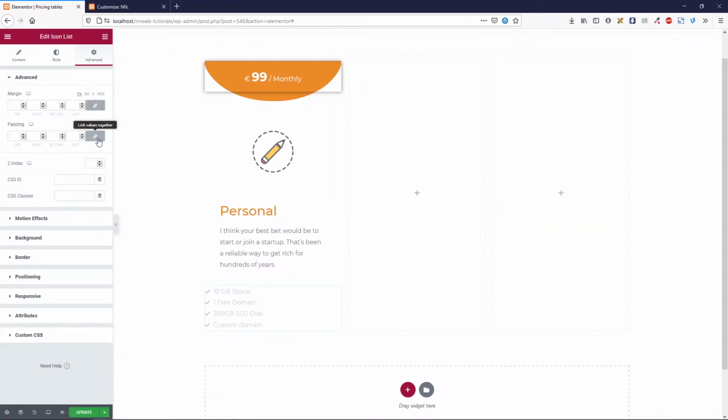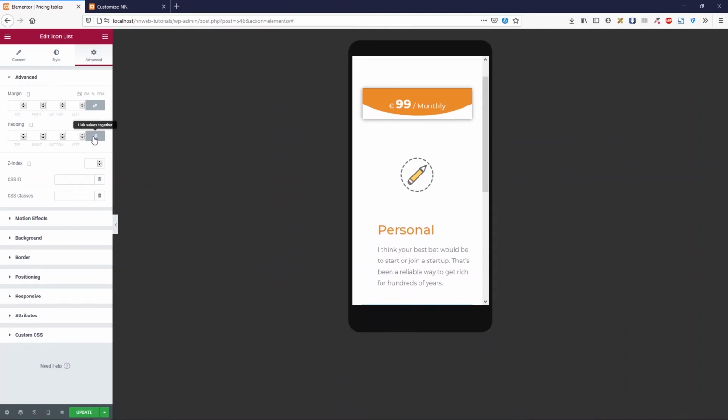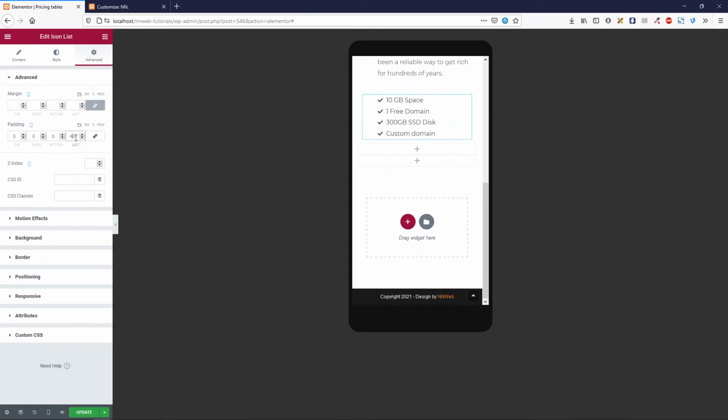Okay, now let's add the padding. It is 40 pixels for left. Let's change it on tablet size right away, and for mobile just like this. You see? Okay,